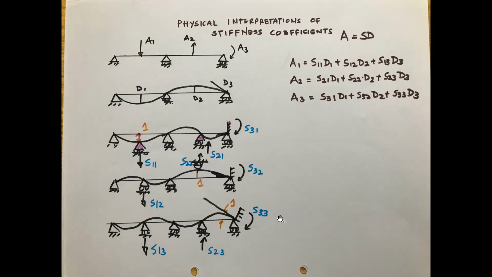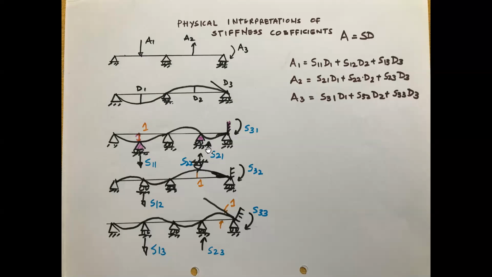So I hope all of you have understood what is going on here. Now, just like we have written the flexibility equation, we have written here A1 is equal to S11 times D1. Why have we multiplied S11 times D1? Because D1 is your actual displacement, which is the unknown quantity. If a unit displacement causes S11, then when the actual displacement is allowed, the force will be S11 times D1 plus S12 times D2.